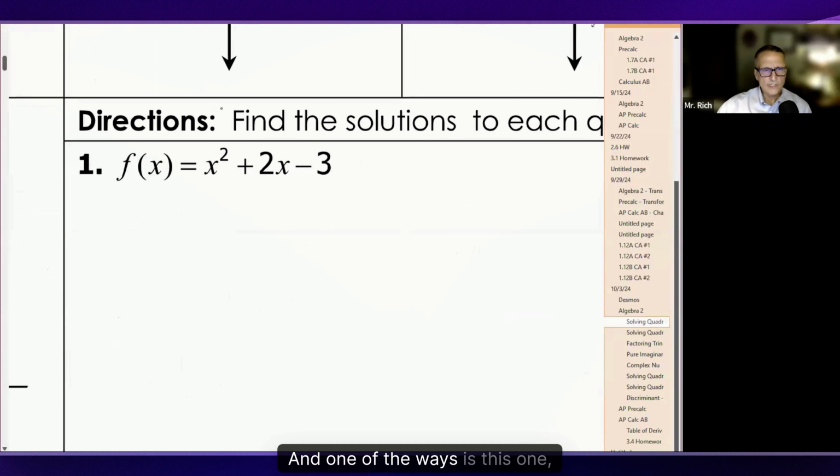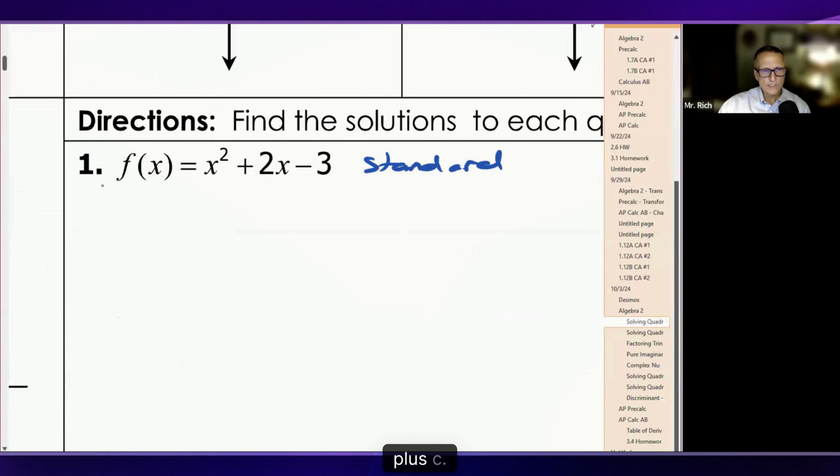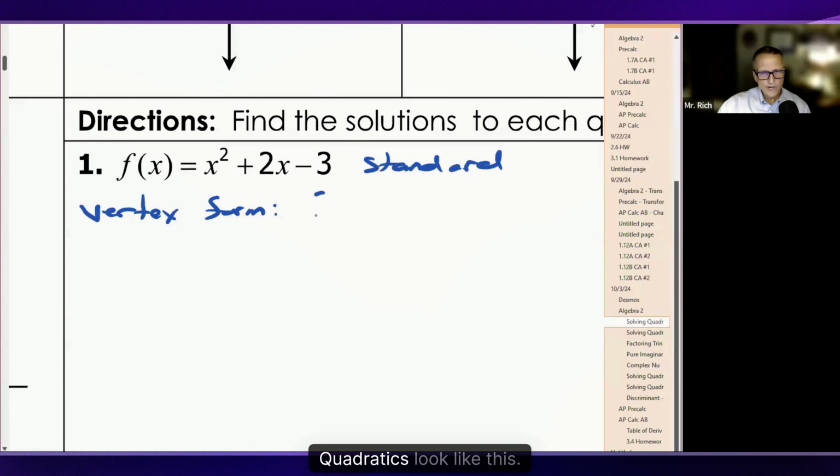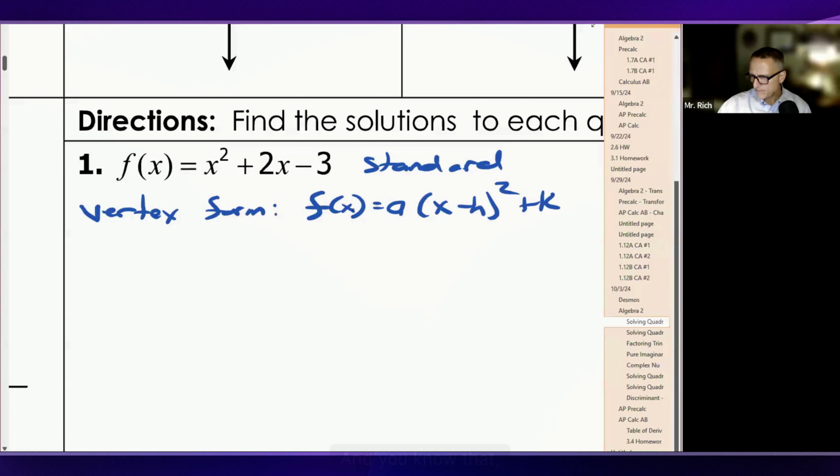And one of the ways is called standard form. This is standard, because it's ax squared plus bx plus c. There's another one that you're familiar with called the vertex form. Vertex quadratics look like this. A times x minus h squared plus k. And you know that that h and k